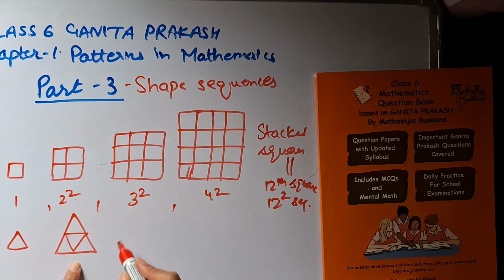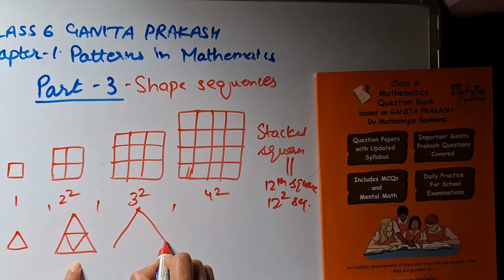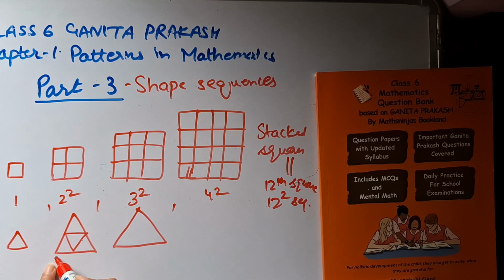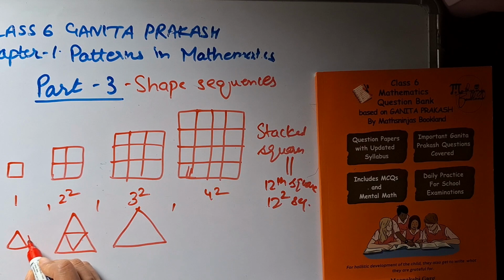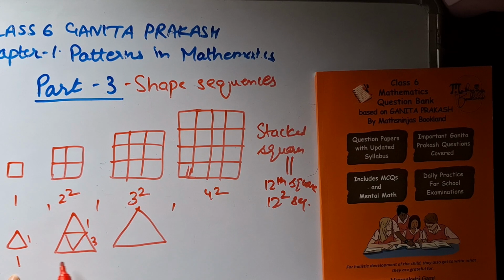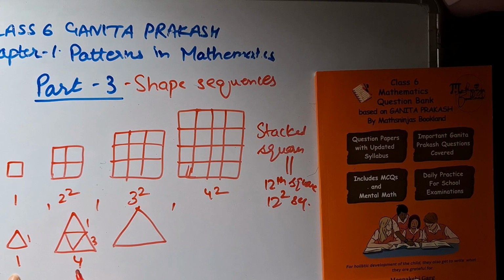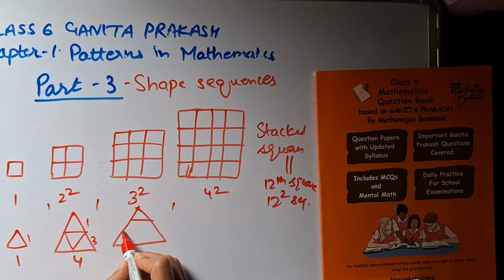You make it like this. Then you add one row to the bottom. Then here also you add one more row to the bottom. So here you have one triangle. Here you have 1 plus 3, 4 triangles. And here you have